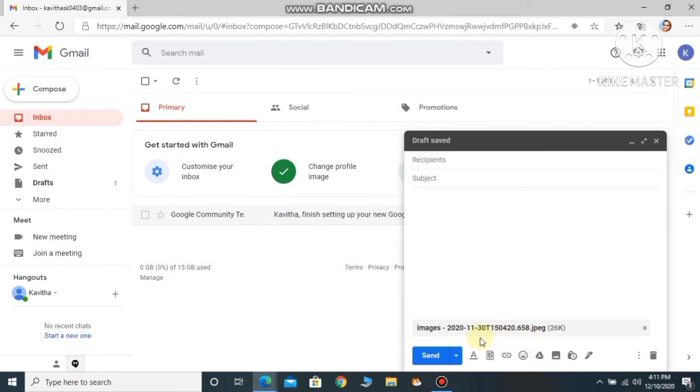Right. It shows the size of that. It is 26K. So like this, you'll attach a file. After that, you just select the recipient, that is the address. I'll send it to myself. Here in the subject, I'll type image attachment.